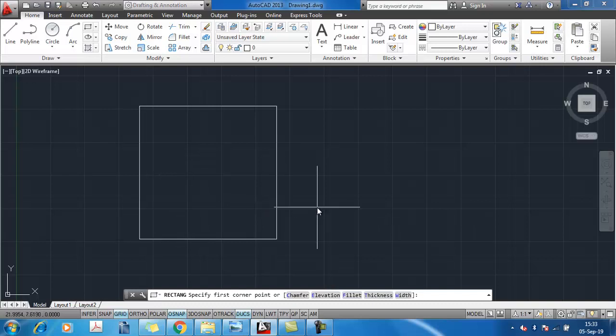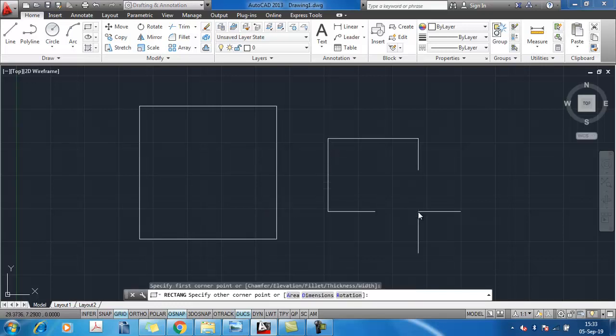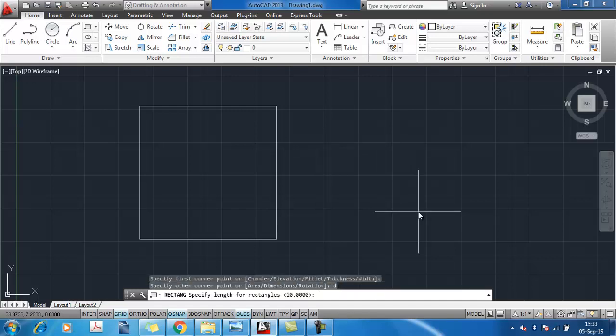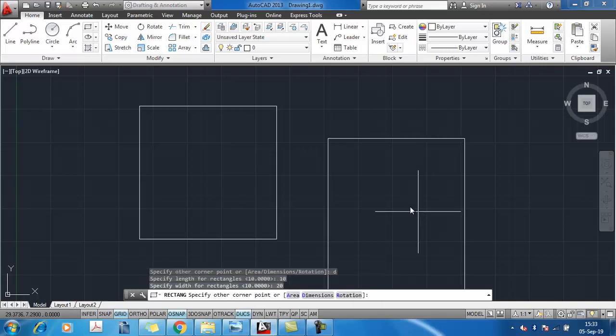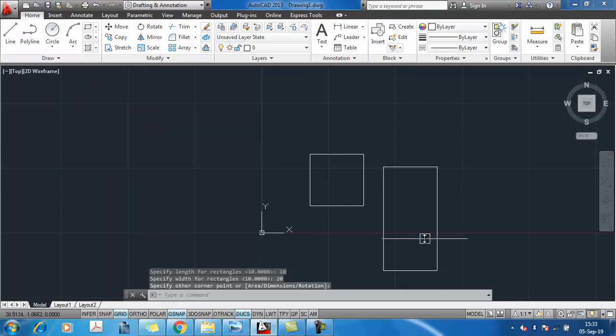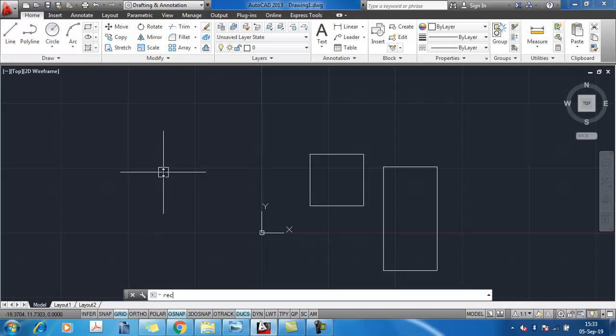Suppose you want to make a rectangle in a rectangular shape, so then you give different values, 10 by 20. The first value you have to give is the x coordinate and the second value is the y coordinate. In the rectangle command, friends,